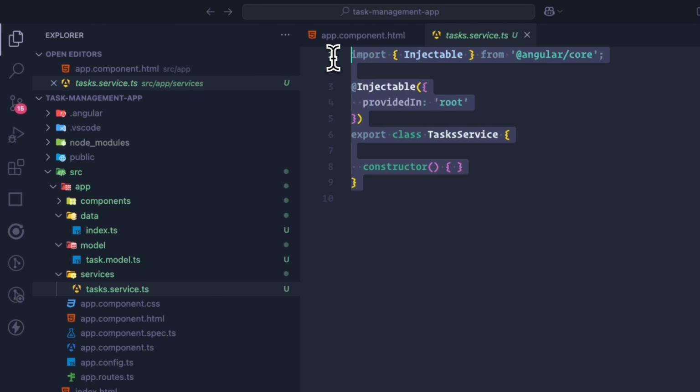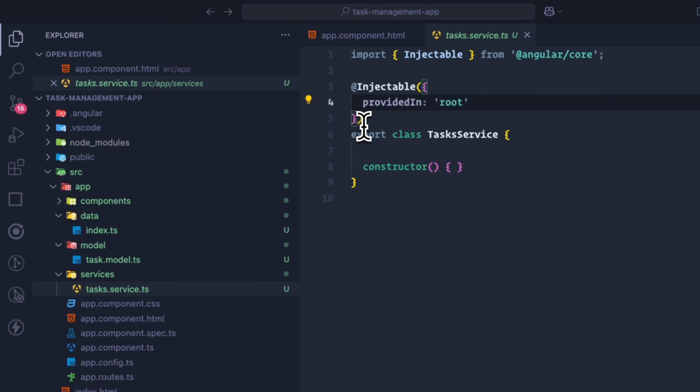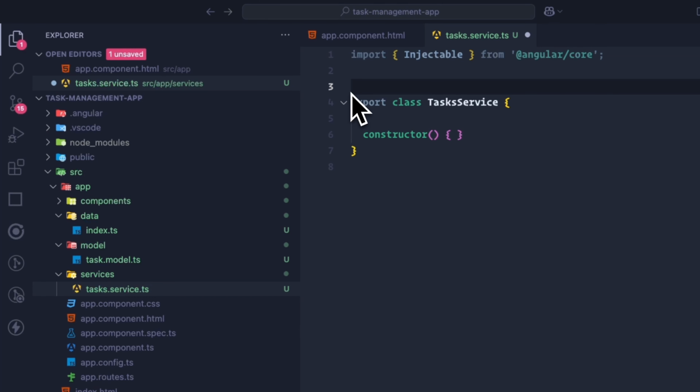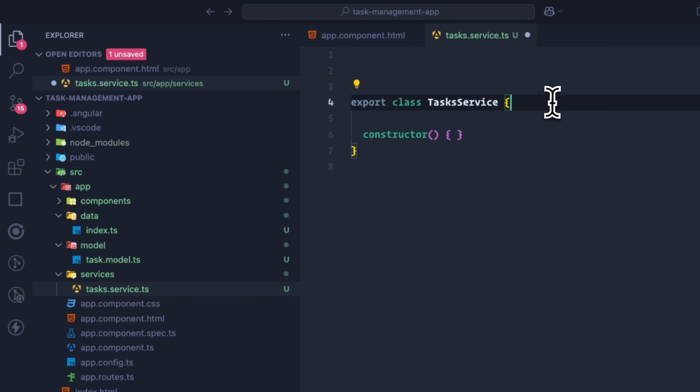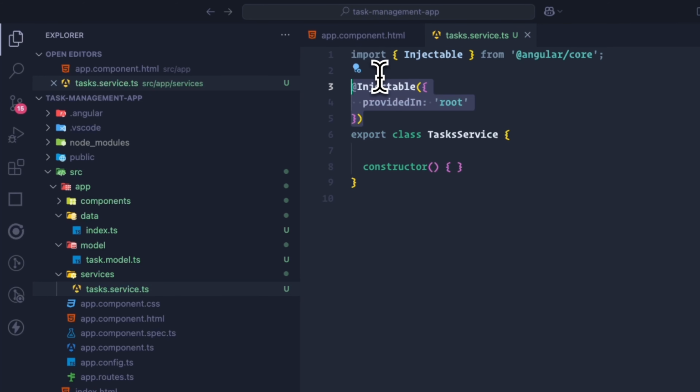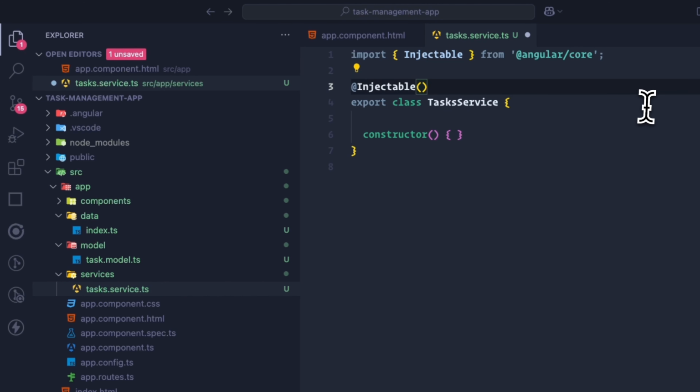End of the day, a service is just a class. So if you take out the injectable decorator and the import, this is just a class. A class when decorated with @Component becomes a component, and a class when decorated with @Injectable becomes a service. Now the Injectable decorator, just like the @Component needed metadata, this also needs metadata